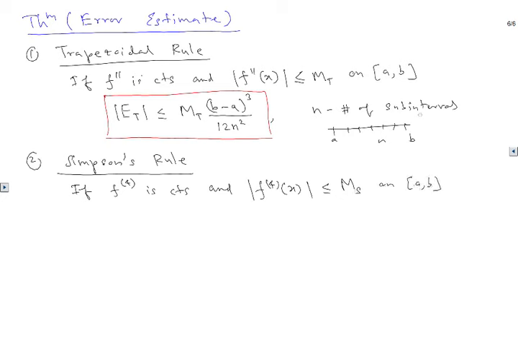So we're going to find the largest possible value of the absolute value of the fourth derivative. Then it says that the absolute error is less than or equal to